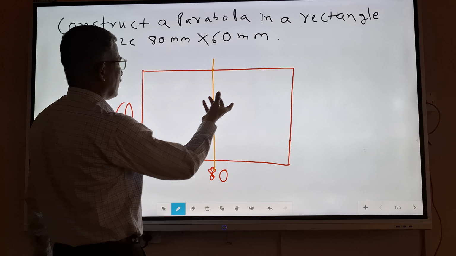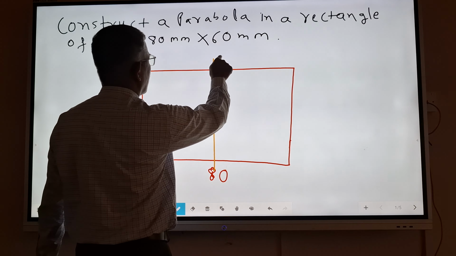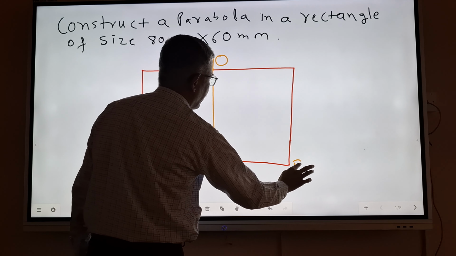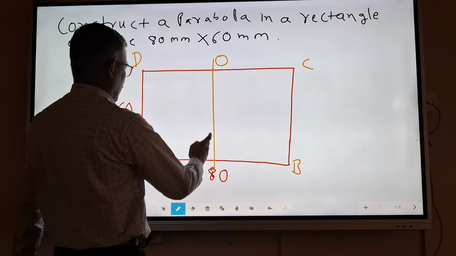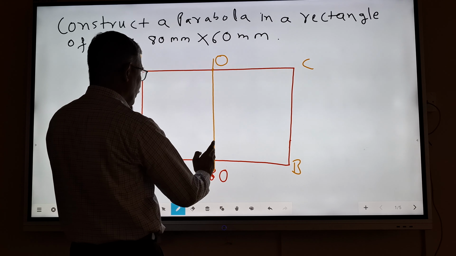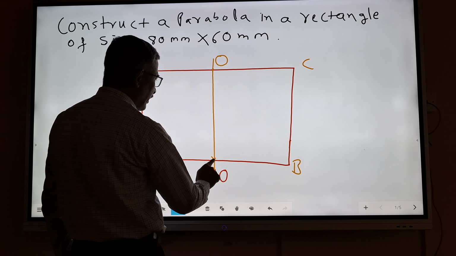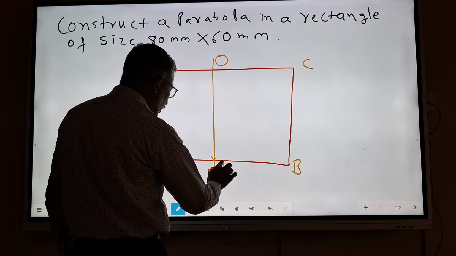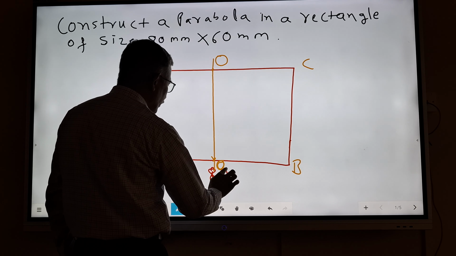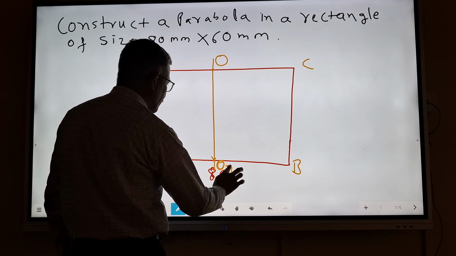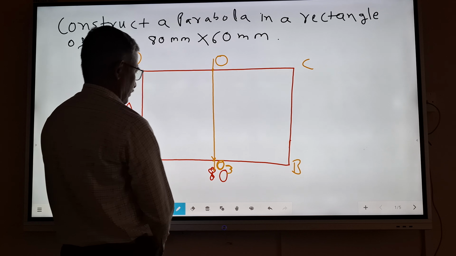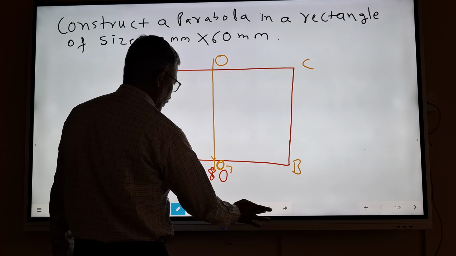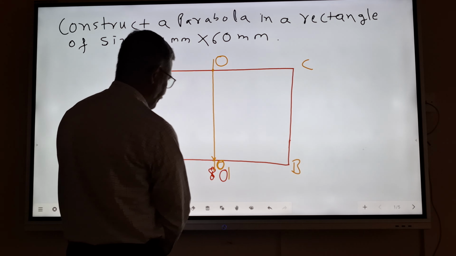Let us name that point as point O. Name all these corner points as A, B, C and D. Let this point be named O3. Or you can also name it as O1.